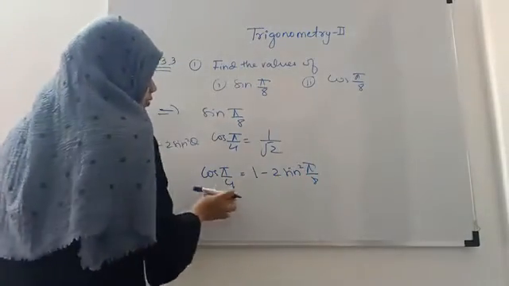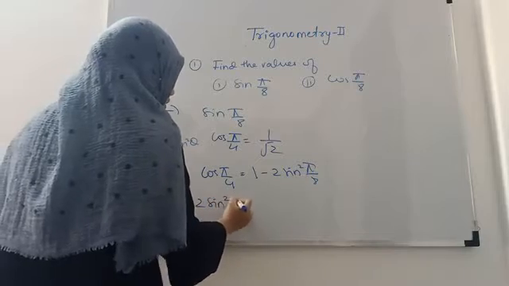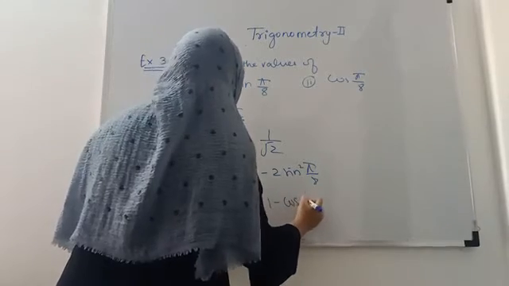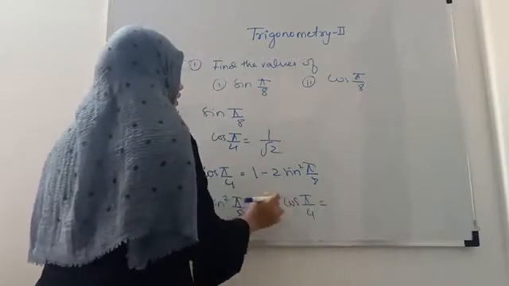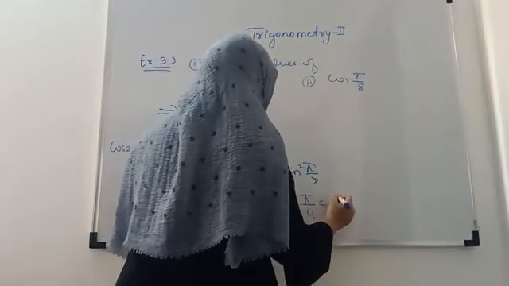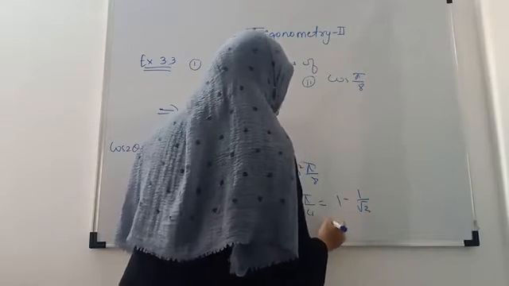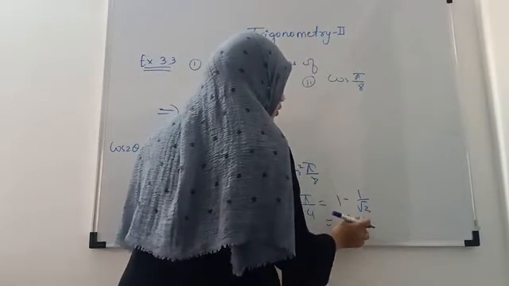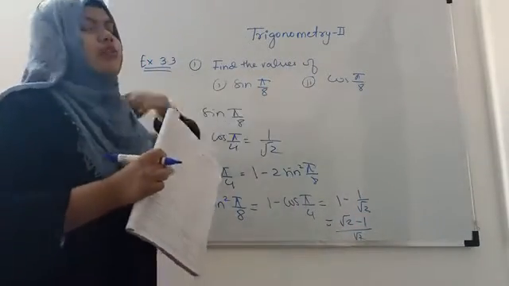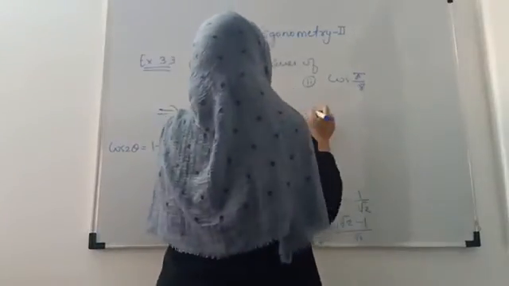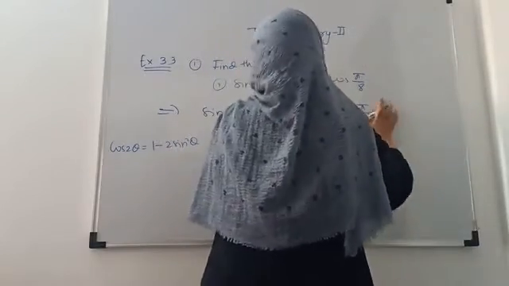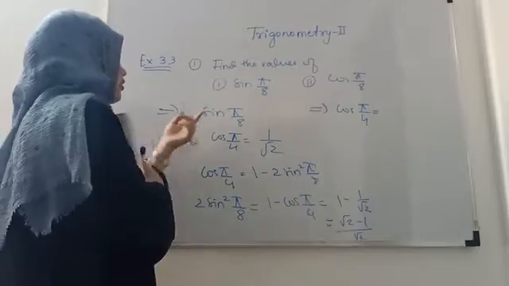Now we'll shift this term over here. So I'll get sine square pi upon 8 is equal to 1 minus cos pi upon 4. Now take a cross multiplication. Oh sorry, first of all we'll substitute the value of cos pi upon 4, which is 1 upon root 2. Now take cross multiplication, root 2 minus 1 upon root 2. In the same manner you can find out the formula for cos. We will use cos pi by 4 here, but in terms of cos. Here we have used the formula in terms of sine because we need sine there.